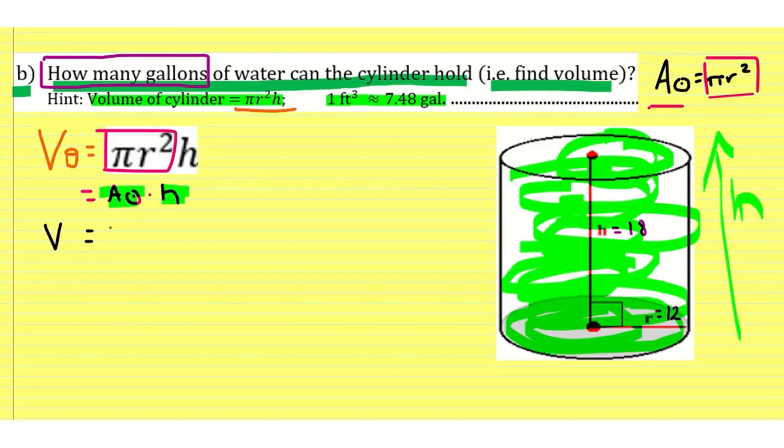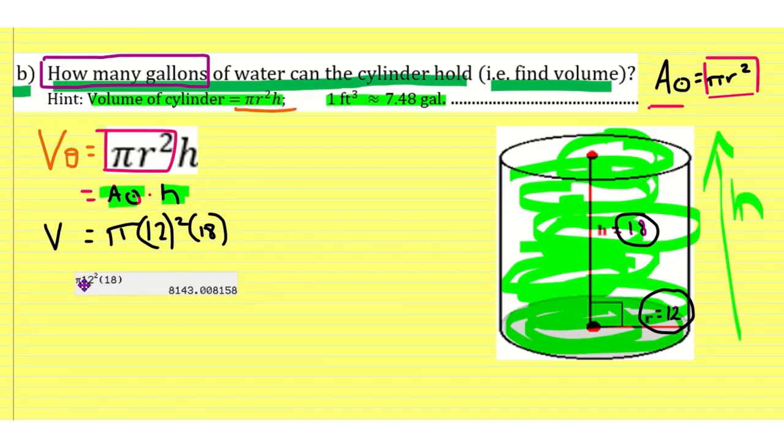Our volume of our cylinder is going to be equal to pi times the radius, which we determined in part A was 12. So it's going to be pi times 12 squared, and then times the height, which is 18. And like I said, area of the circle, add it up over and over again, which means multiply times the height. Okay, so if we put that in our handy dandy calculator, we will get that the volume is equal to